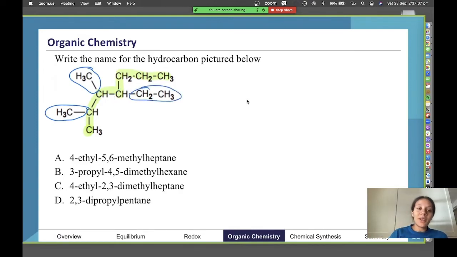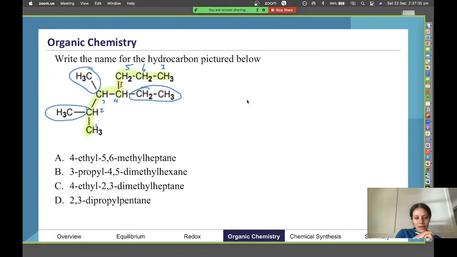So if we number from the left, that means we're going to be going 1 off from the bottom. So 1, 2, 3, 4, 5, 6, 7. And then if we went the other way, it would be 1, 2, 3, 4. So we wouldn't actually start naming a branch until 4. Whereas if we go the other way, it'll be from 2. So we're going to number them the way that I've done in blue there. So just ignore that 3.